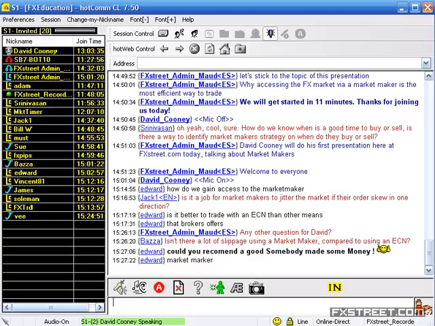ECNs have been obliged, in order to maintain the support market makers, to implement this phenomenon of last look. And what that means is that you go to hit that 29.2 bid, and the market maker will have 300 milliseconds or 500 milliseconds, whatever it is, to survey the world and make a decision about whether they want to accommodate your trade or not. And they can